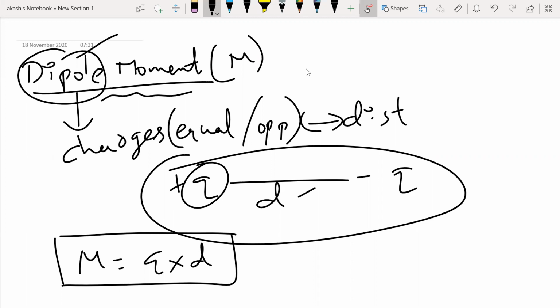Obviously what you can understand here is I first of all have to have development of charges. Obviously that is the most important thing. So you can tell that in case of ionic compounds, where I have the positive charge and a negative charge, that's exactly what happens in an ionic compound. Ionic compounds will generally have high dipole moments, no doubt about it. But